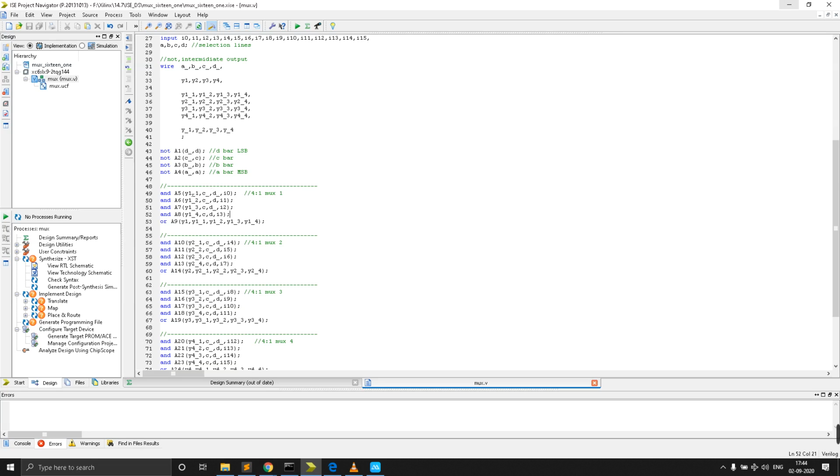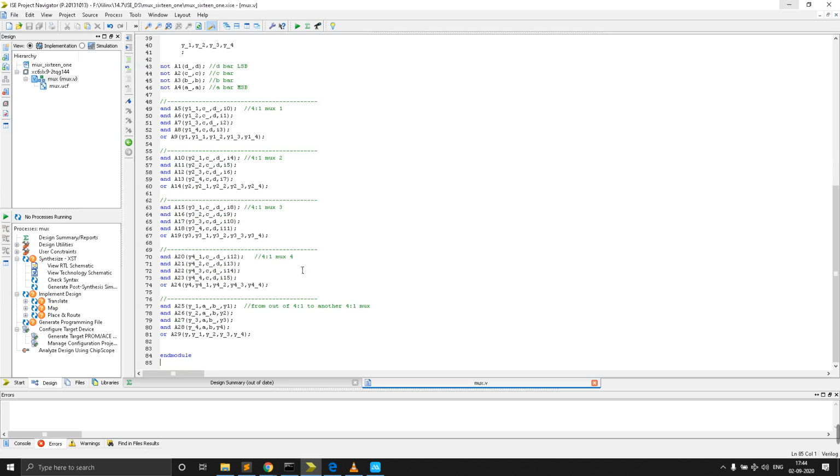Here we can see y1 bar 1, y1 underscore 2, like that. Then this y1 is the output and intermediate wire. So for y1, I'm going to do the OR operation. Similarly, I have to do it for mux 2, mux 3 and mux 4. Here we got y4, y3, y2, and I'm going to give those here because I need to do the AND operation on these things. Then finally, to get the output y equals y underscore 1, the outputs from this, I just need to do the OR operation.